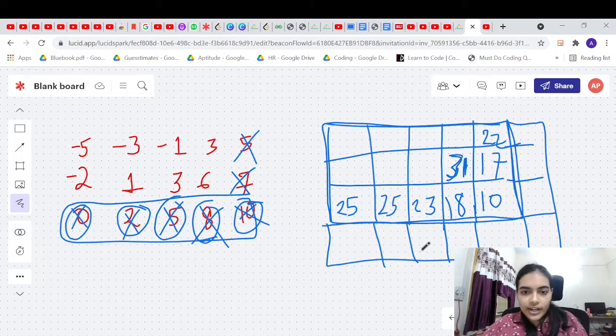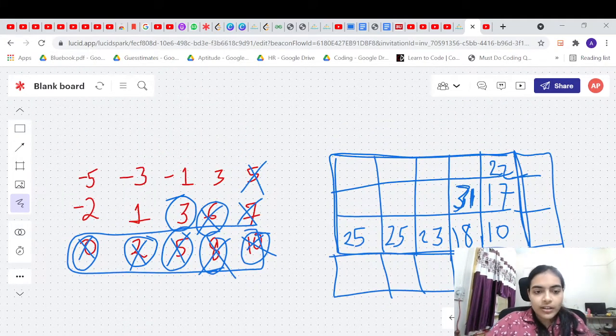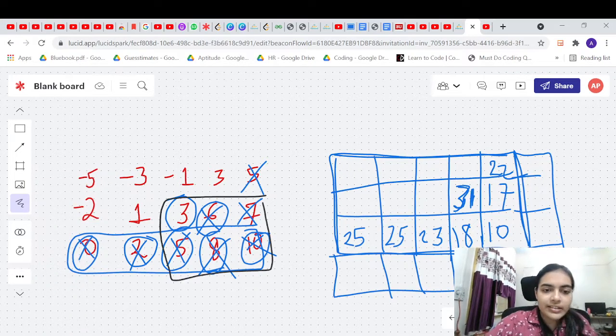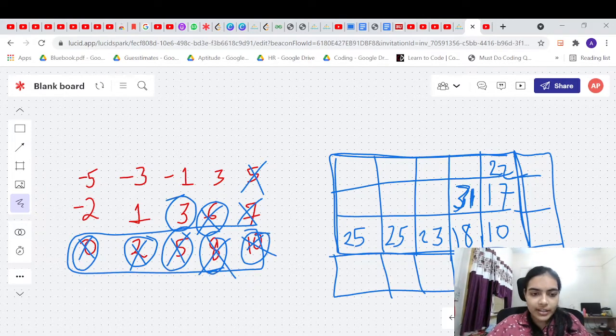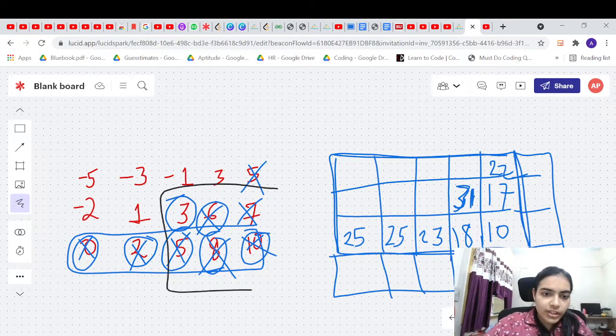Okay. Now let us go forward to the next value. Now let us see the value 3. So what will be your choice? What is the best thing? You can take this matrix, right? Because everything is positive in that matrix. How will you find out what is the value of this matrix? You have to find out the sum of this matrix.